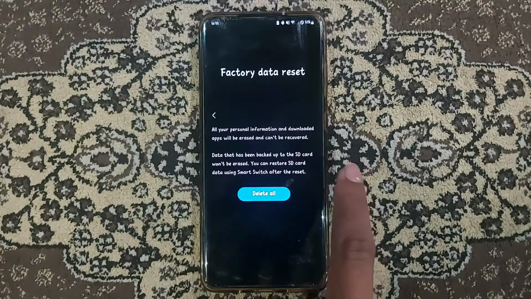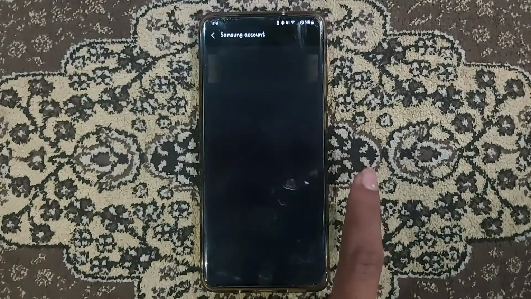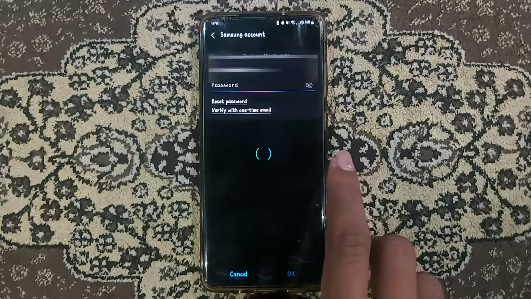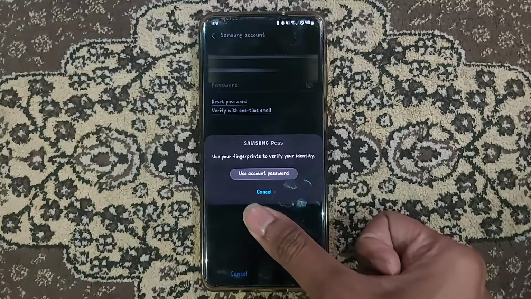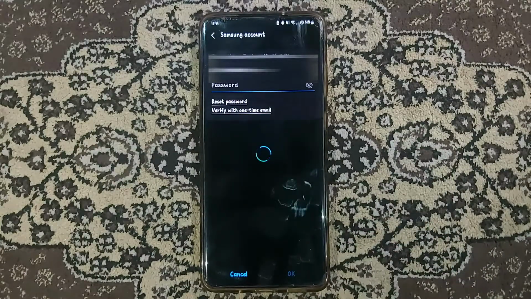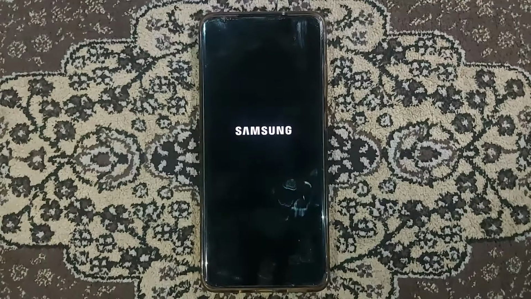It will ask you for factory data delete and all these things, and for this please hold on for a minute, and it will ask you for all credentials so that you are doing it by yourself. Now the device will wipe itself, and then when you go into the Android setup, we'll continue from there.